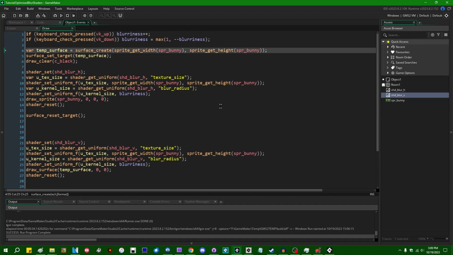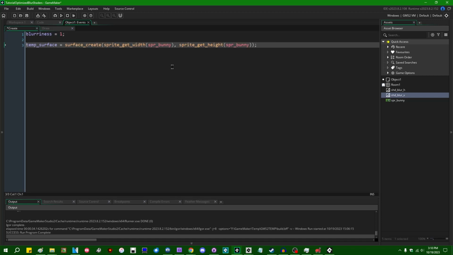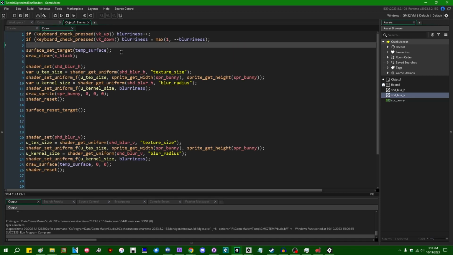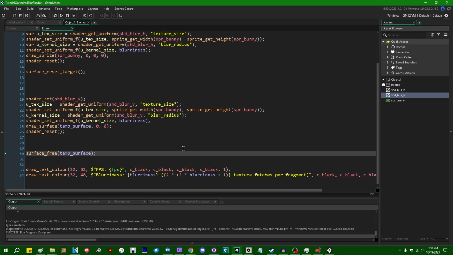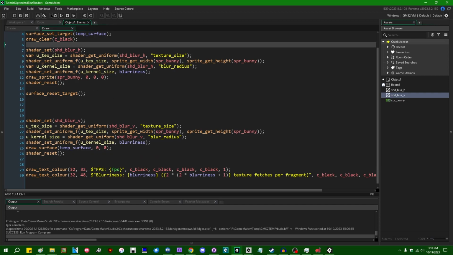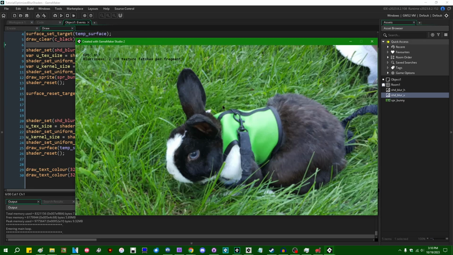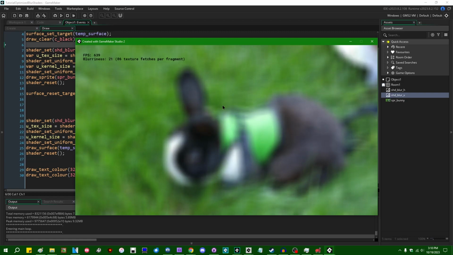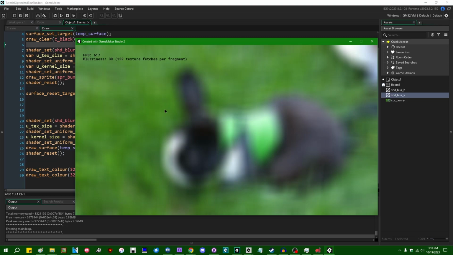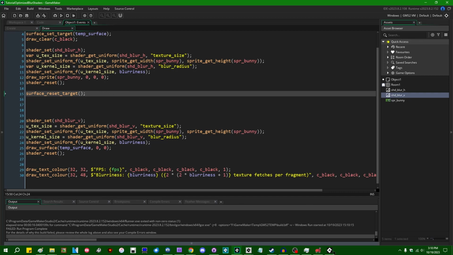And then, of course, in this particular case, you could squeeze some additional performance out of this by, instead of making the temporary surface a local variable that you declare in the draw event, saving it for later and not freeing it every time. You don't have to reallocate and free it every time. Of course, if the player minimizes the game window or does something else to make the surface evaporate, you'll have to check that it still exists if you want it to work. But smart use of surfaces is another way to improve the performance of your game. If I minimize this, it'll crash, because the surface no longer exists after being minimized. But anyway,